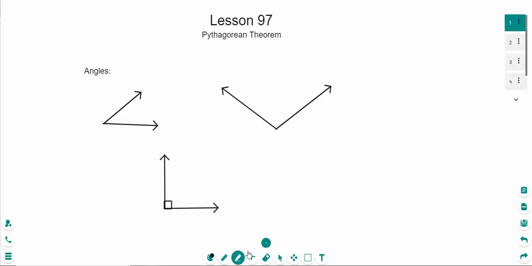We're going to begin our conversation today by talking about angles. All right, so angles should be review. We could go all the way back to, I don't know, lesson 5 or something like that, when we talked about angles. And I believe you even had a study sheet in which you memorized some of the different aspects of angles. So really quickly, without spending a lot of time, let's try to remember what an angle